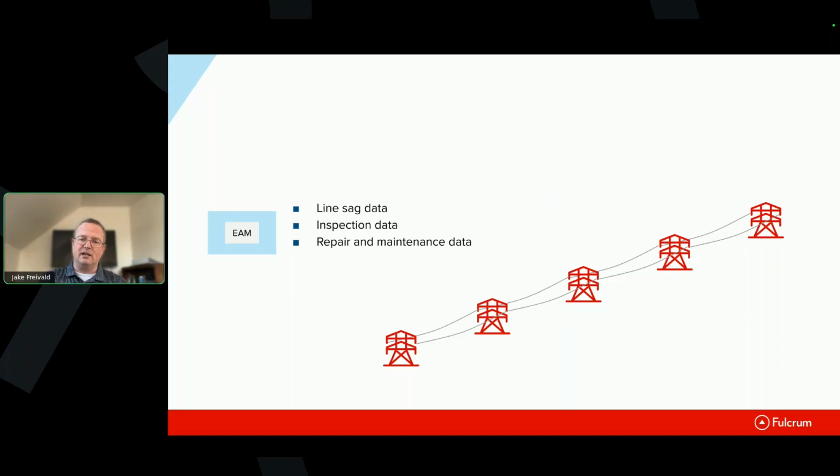They have to repair those things. They have to maintain things either in a predictive or a planned kind of way to make sure that they're going to keep those assets in good working order. And of course, vegetation management gets done, but they need proof that it happened. We're worried about wildfires, so we want to make sure that there are no danger trees leaning over toward a line, which is then going to cause a spark that causes a fire. So we need to not only do the work, but we need to prove that we've done the work. So there may be some of that kind of, yes, I did the vegetation management work around that asset in